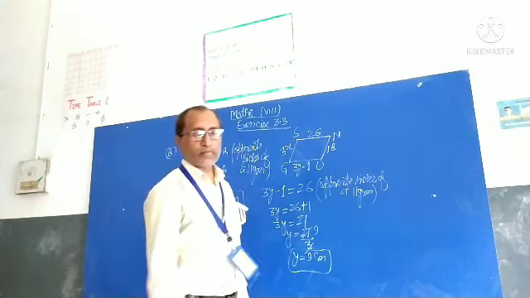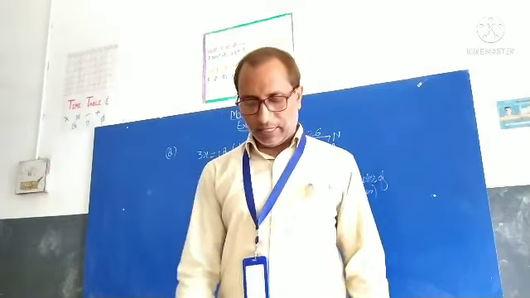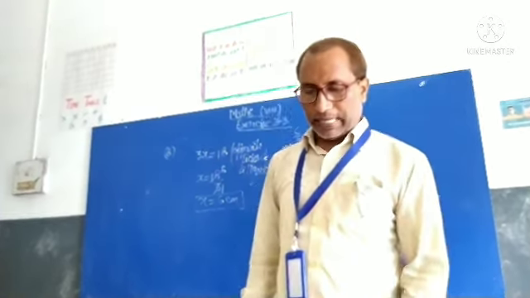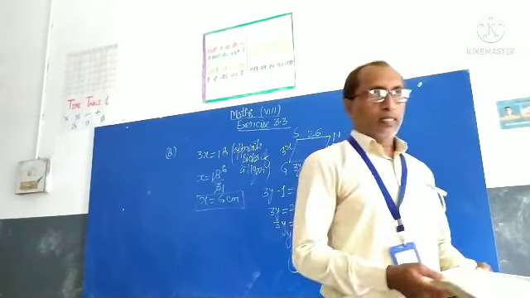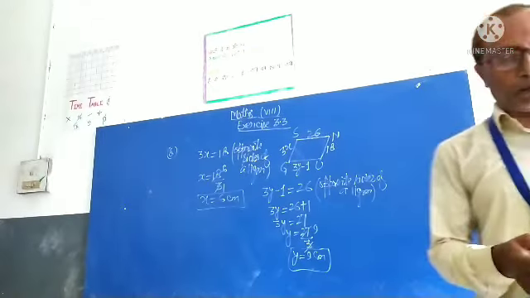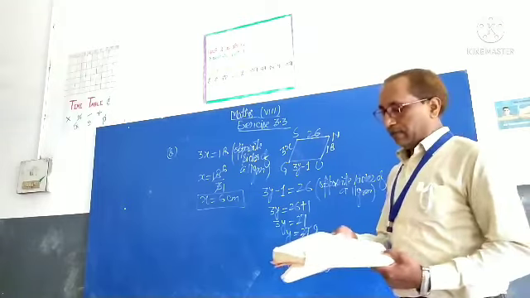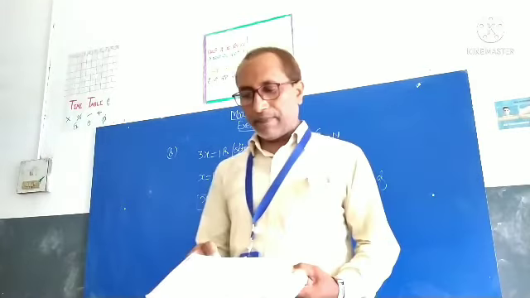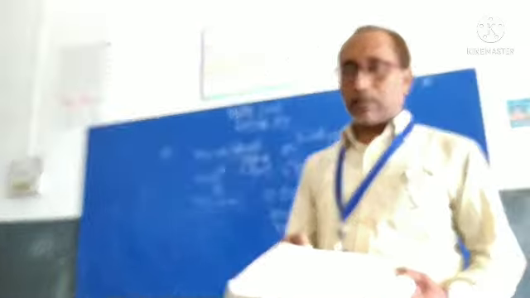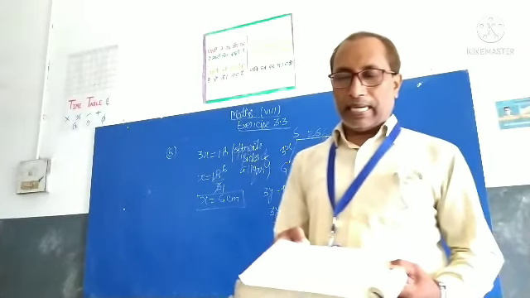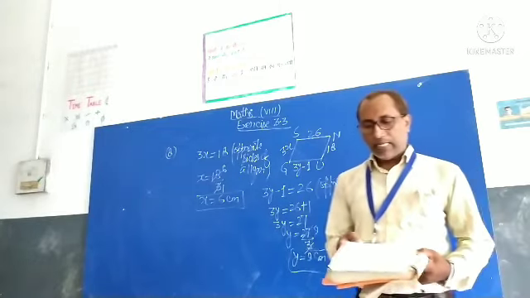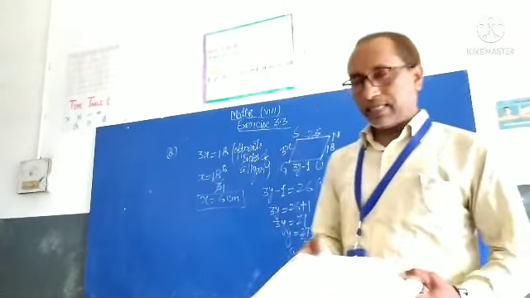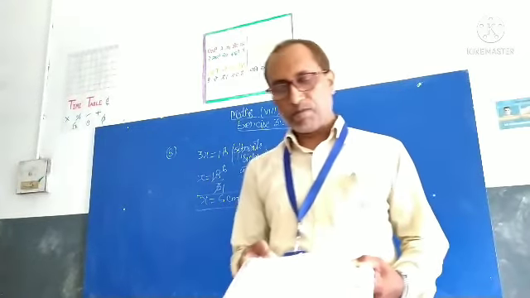Clear? Like this, you also find out the value of x and y in the second figure, because the diagonals of a parallelogram bisect each other. When you compare y plus 7 is equal to 20, you get y is equal to 13, and when you put the y value in x plus y is equal to 16, you get the value of x. Okay.